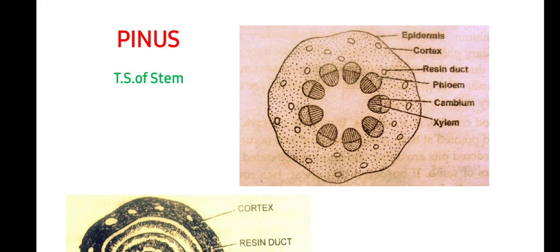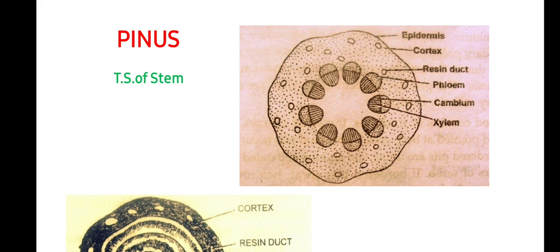Coming to the vascular bundles, below the cortex is the vascular cylinder. Here the pericycle encloses the vascular cylinder. The vascular cylinder consists of 5 to 8 vascular bundles. They are in a whorl. They lie close to one another with thin medullary rays between them. The vascular bundles are conjoined, collateral, open, and endarch.